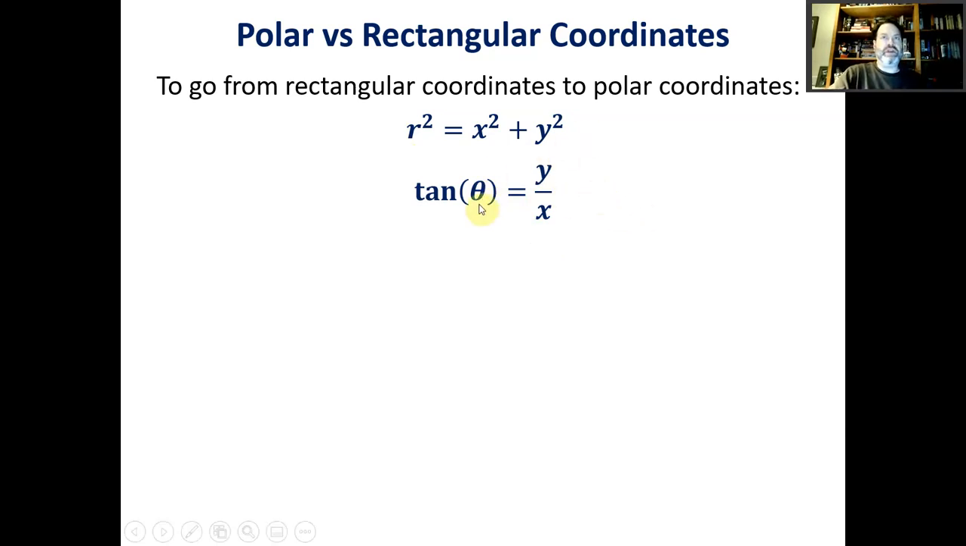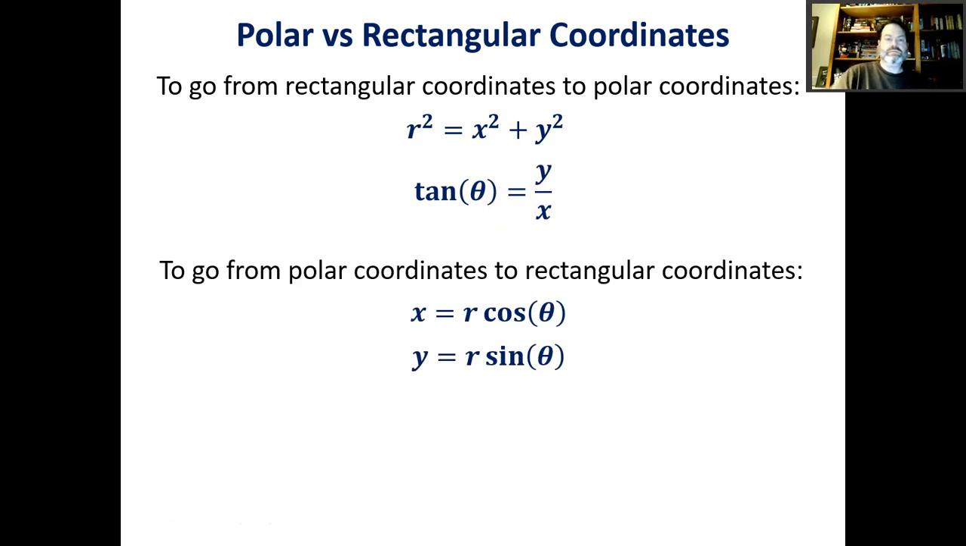So you just want to think about either the unit circle or reference angles when you're doing this stuff. And we'll see an example of this in a sec. To go from polar to rectangular, just use these two formulas. These are just, again, the definitions from trigonometry